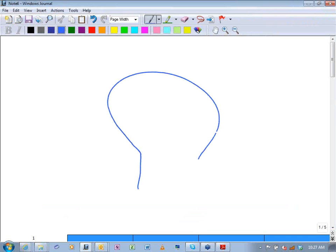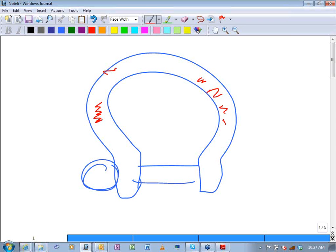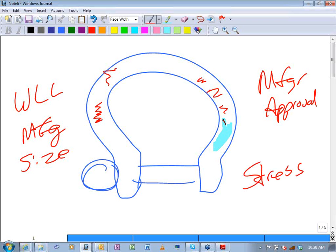And so once we've got maybe some letters or numbers that are worn, or we want to put the company numbers or a serial number on that shackle, we want to be very careful and cautious. We have embossing, which are raised letters, or stamped already from the manufacturer that already gives us working load limit, manufacturer, and size. Those are basically, if it's an ASME shackle, those are the three items. If we're going to go over and actually embed and place a serial number over here on the shackle, we need to get the manufacturer's approval,